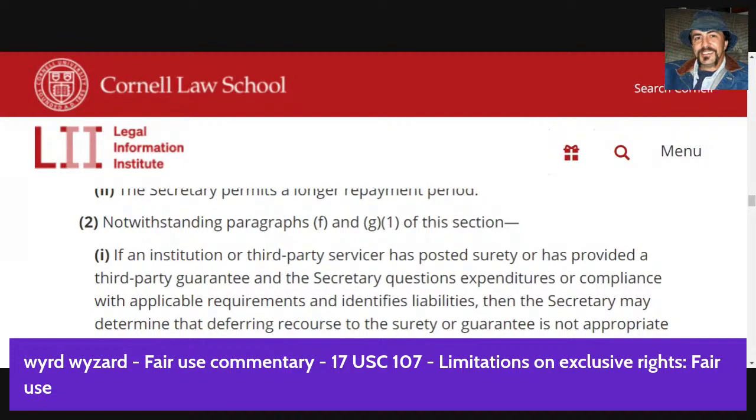Notwithstanding paragraphs F and G1 of this section, if an institution or third-party servicer has posted surety,